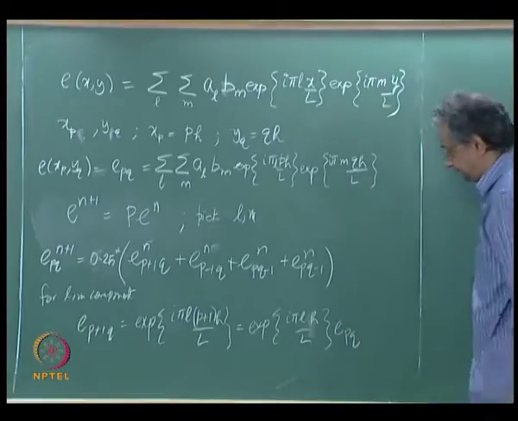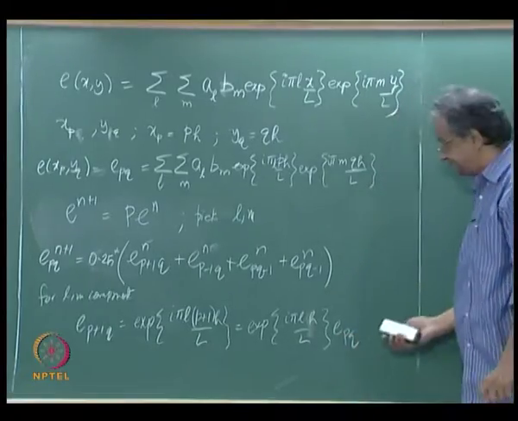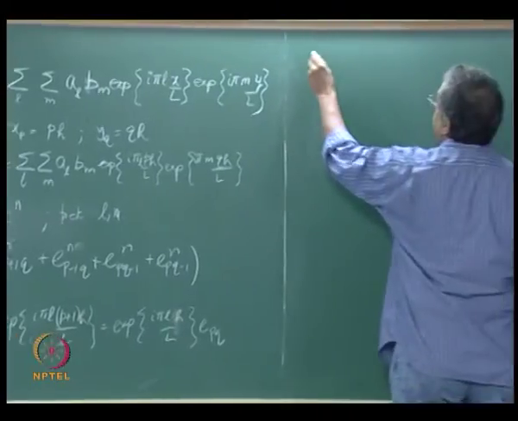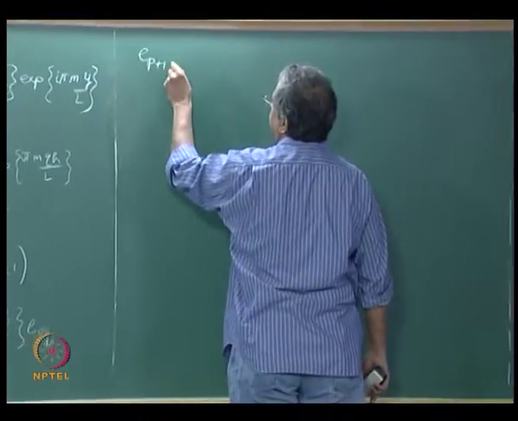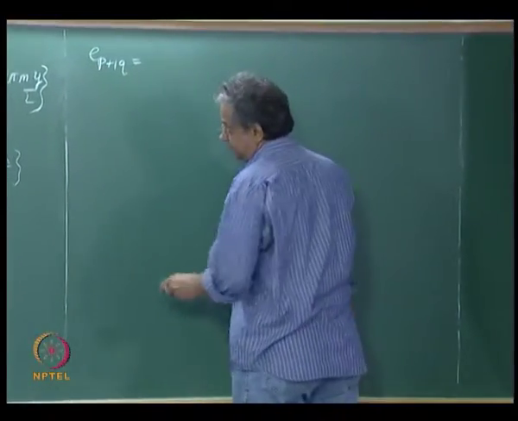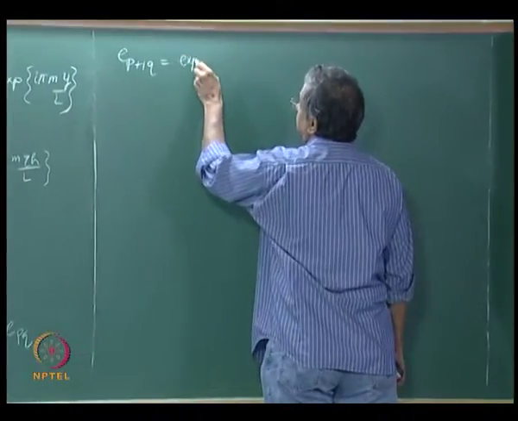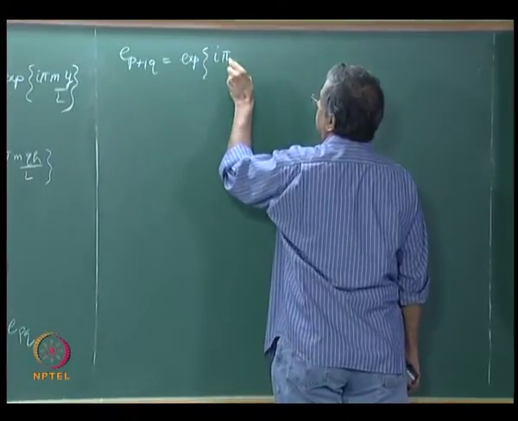Is that fine? Okay. So we get these expressions: E_{p+1,q} equals this exponent i pi L, h